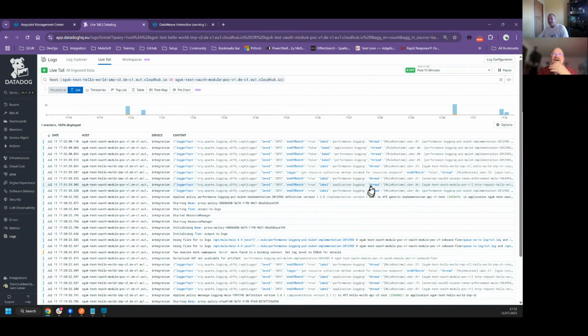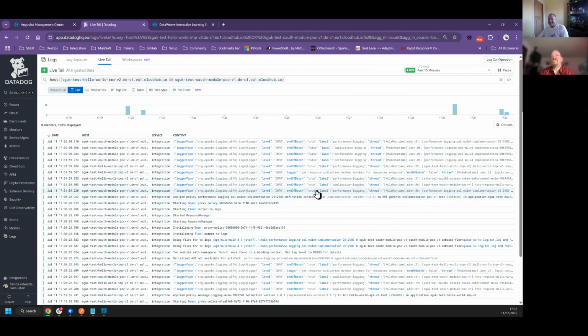So I had 6 plus 4. There should be 10 logs here, which are these calls here. This time around, you can see performance logging, you can see application logging. So ignore the application logging. They're the ones in the experience layer. It's these performance logging ones that I'm particularly interested in. So the first one,